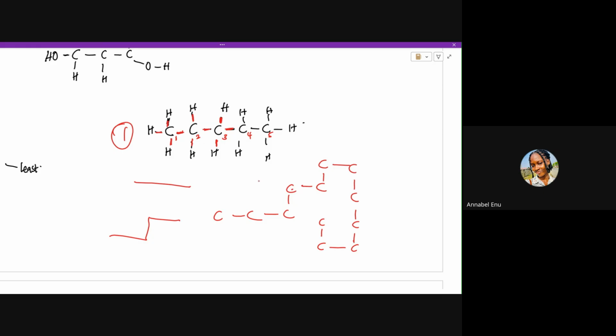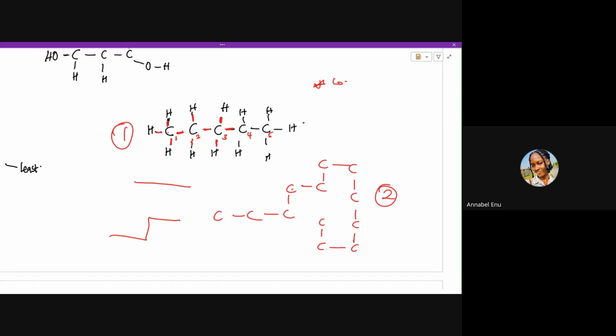Now let's go back to naming our structure. We said the first thing is to count the longest carbon chain. In this case, it's very simple because it's a straight chain. Carbon can be straight or branched. This second example here is branched. This first one is straight. So for this straight chain, how